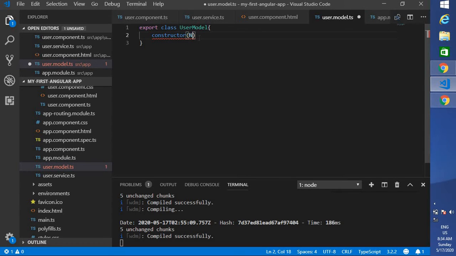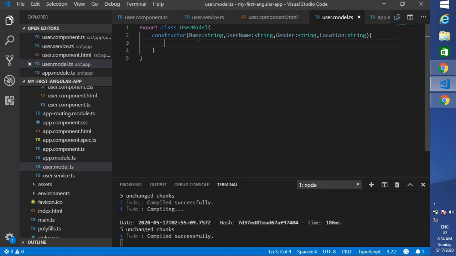So I'm going to give name as a string, username as a string, gender as a string, and location as a string. That's it. So we have created a user model class. This will be useful when you are adding, updating, or deleting. I'm just making an action based on the user model. I'm just saving the user data only.